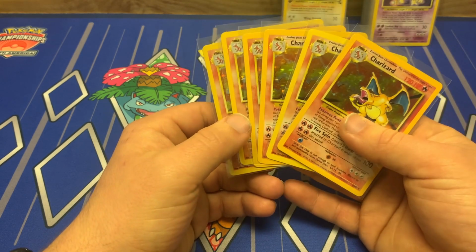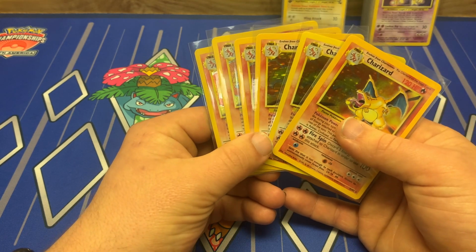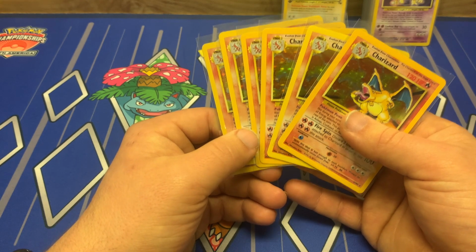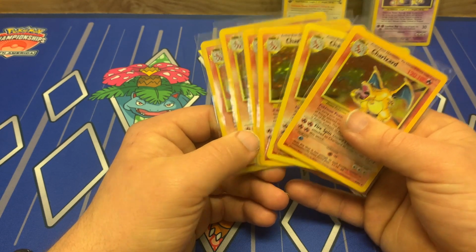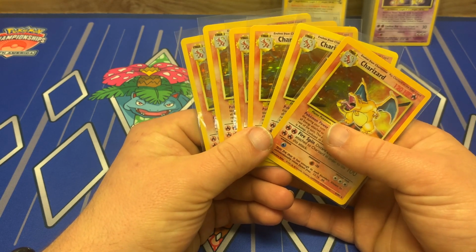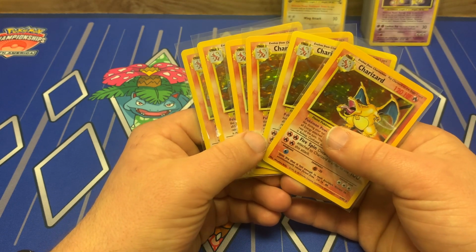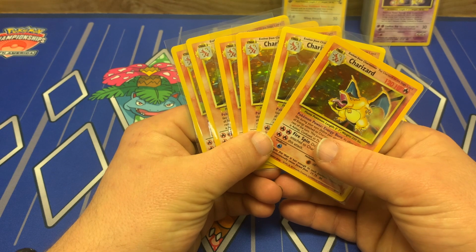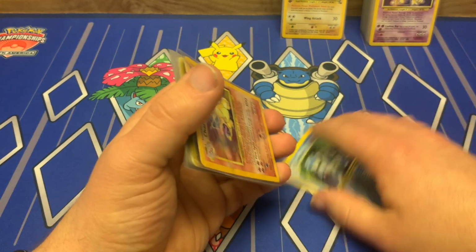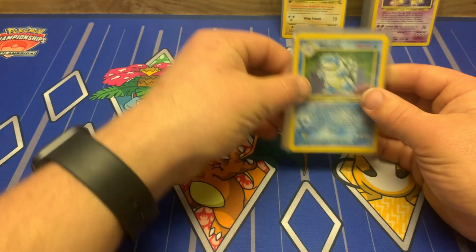But I think after grading, I'll definitely be able to make a little bit of money off of these cards, if I do want to sell them, which will be tough to actually let go, because it's been a while since I've had any Charizard card that I've been able to purchase from a collection, let alone having 6 of them within one collection. That was really cool. But I forget if I told you, I did pay $9,650 for that collection, so really